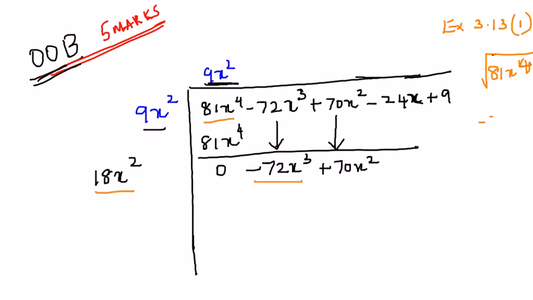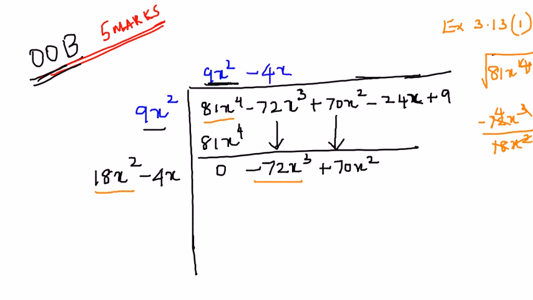So minus 72x cube divided by 18x squared is what? 18 into 4 is 72. The x squared and x cube get cancelled, you get just x. So it is going to be minus 4x. You just write it down over here and also in the quotient,